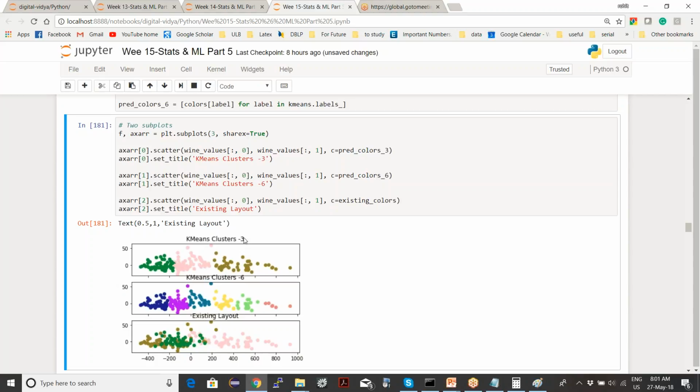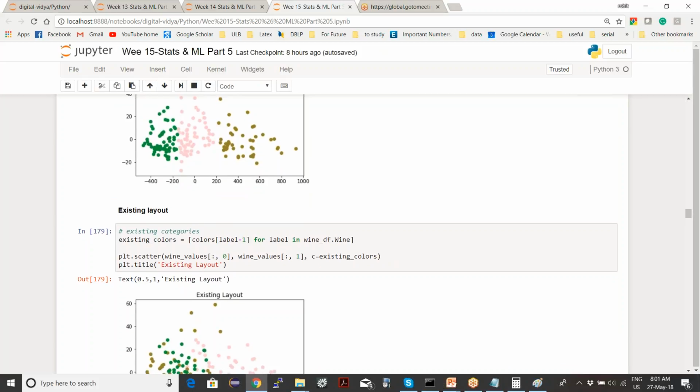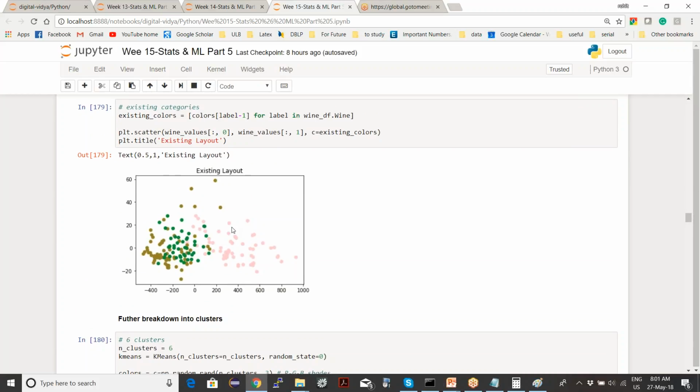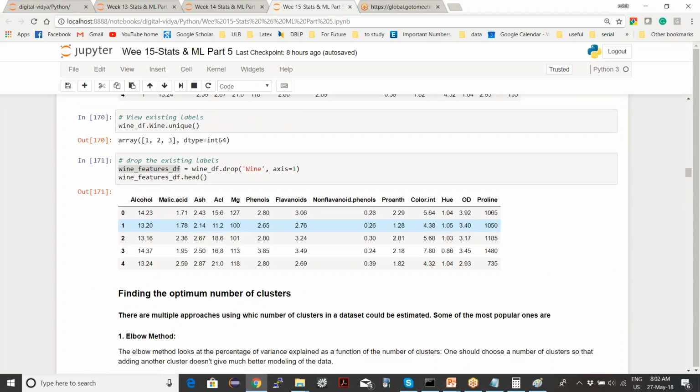Here what I'm visualizing is the actual data, because for each wine we had their actual mapping also, right?